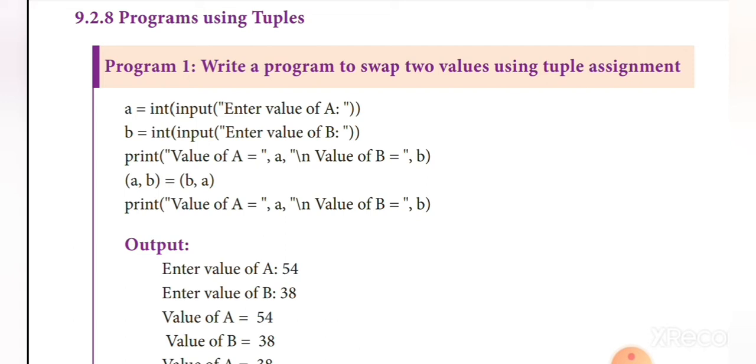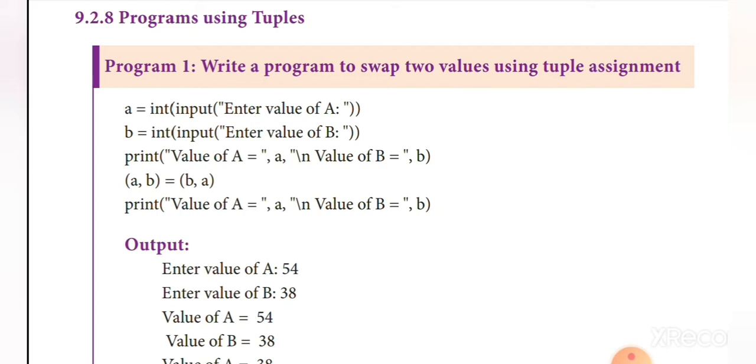Now you can see this example. We are getting the input from the user. For that we are using the input function. Here a and b are the variables, so we are getting values from the user. a equal to int(input('Enter value of a')). We already know the input function gets the value in the form of string data type, so we want to convert it into integer. For that we are using the int type here.